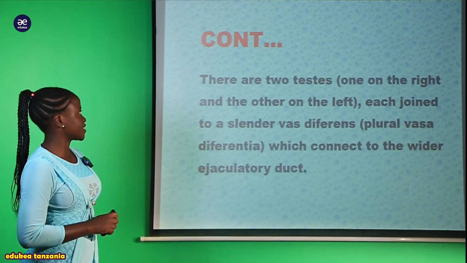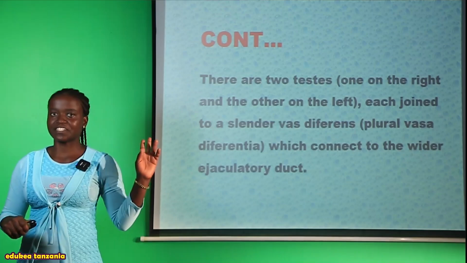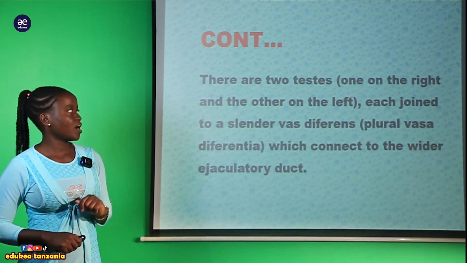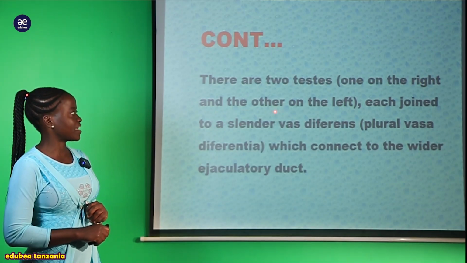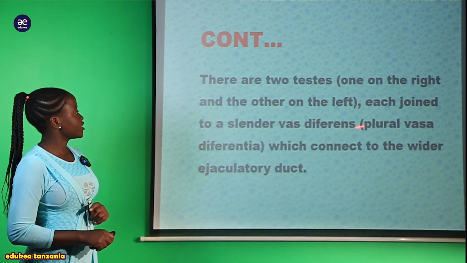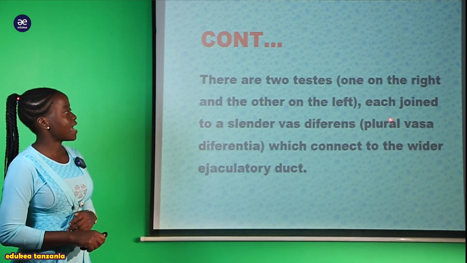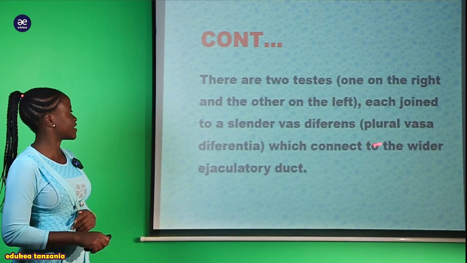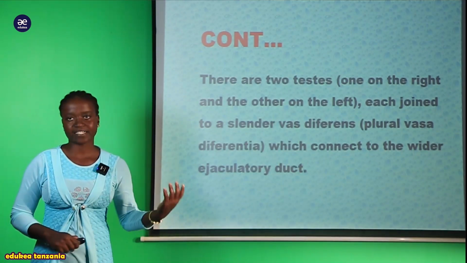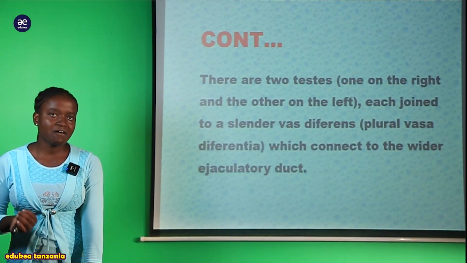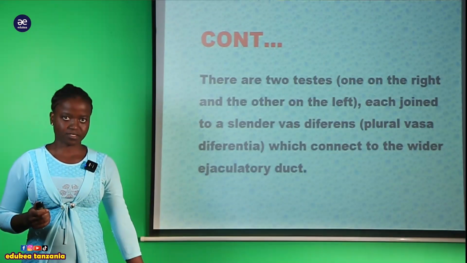And also my students, we can say that there are 2 testes. We have only 2 testes in the cockroach. So one on the right and the other on the left. So each is joined to a slender vas deferens, plural vasa differentia, which is connected to a wider ejaculatory duct. Kwa hiyo sasa hawa organism pia male cockroach tunasema kwamba they have 2 testes as usual,